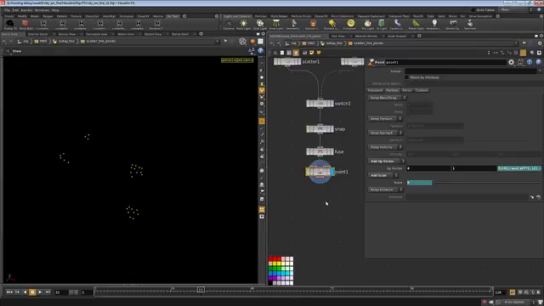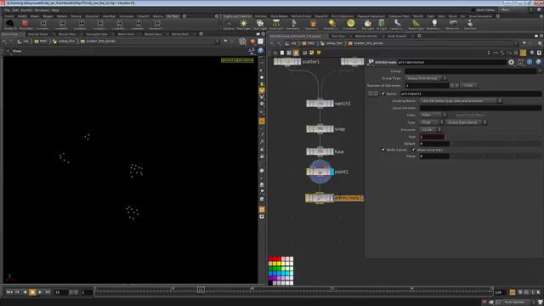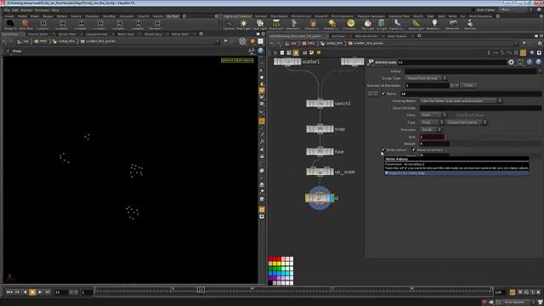So next thing I'm going to do here is to create an ID attribute. So that's going to help us to define which file to load. So attribute create, gonna be ID. So this is up and scale. Let's call this one ID. And as expression, let's do this. So I'm gonna grab the point number and I'm gonna add to it a round expression, and in there I'm gonna type fit 01